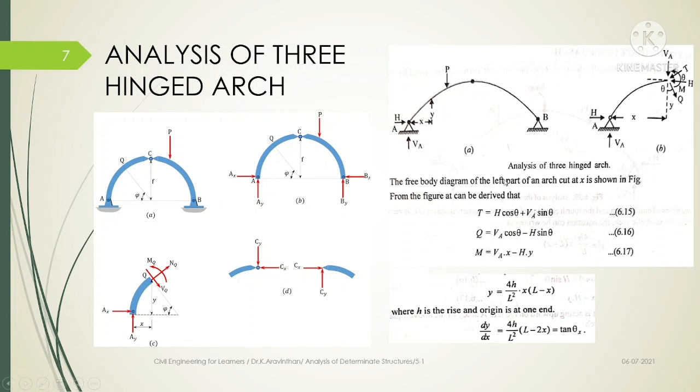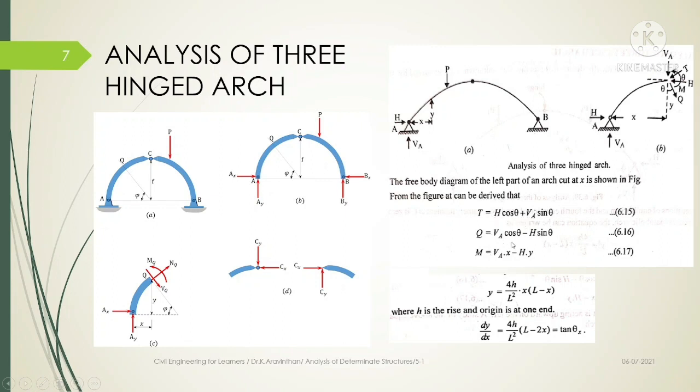If you want to find the normal thrust, that is T, you will be having a force inside at each and every distance. You will be having this normal thrust, and in order to find the thrust force T, you should know H, that is the horizontal force, that is the horizontal reaction, and the vertical reaction. You should know H and V, also the theta. So you will be finding theta here, the same theta. If you know this component, you can find normal thrust and radial shear. If you want to find the Q component, that is radial shear, you can find it by using VA and the same H component and the theta.